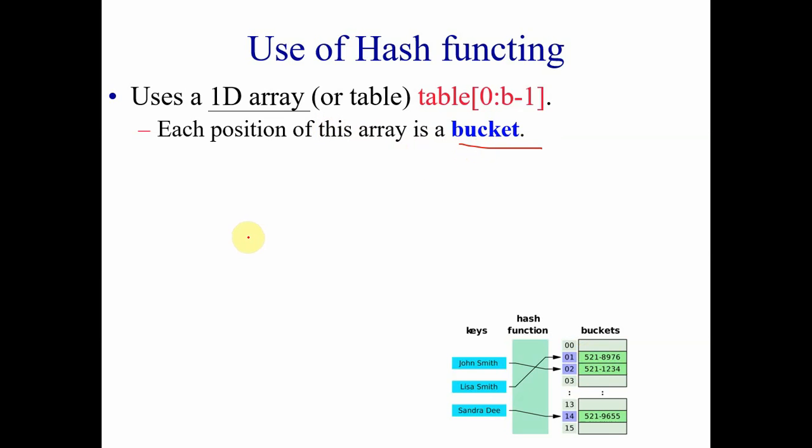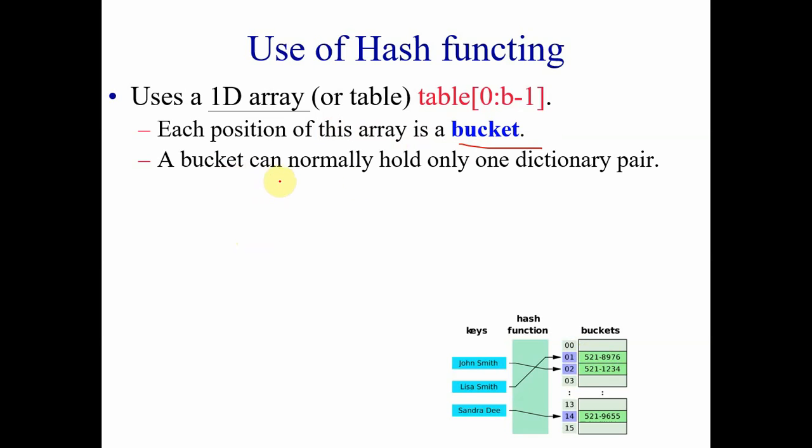The buckets can normally hold only one dictionary pair. For example, it stores the keys as well as the content,